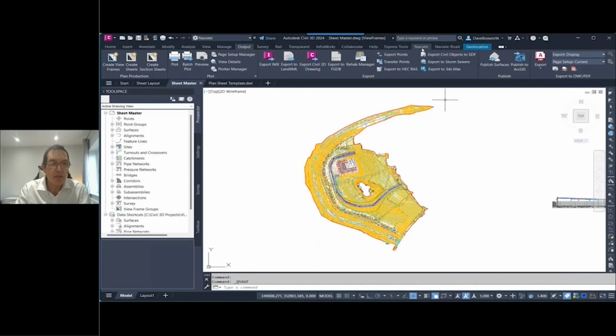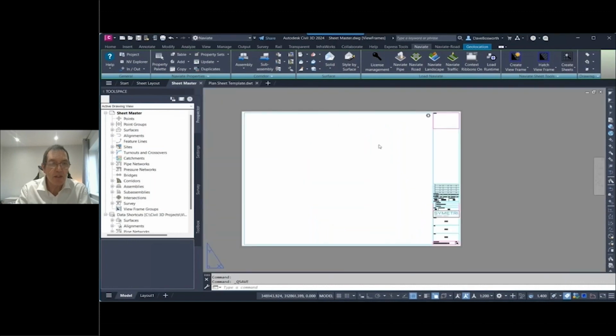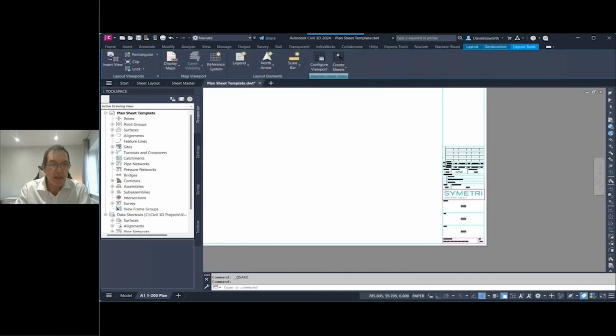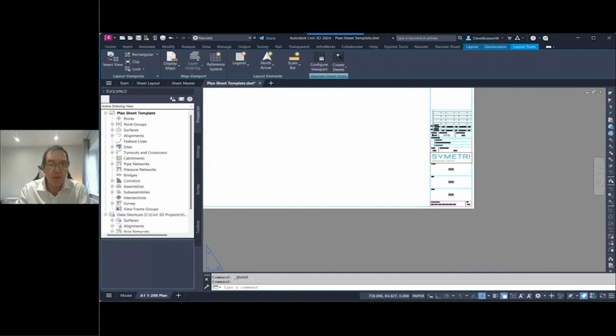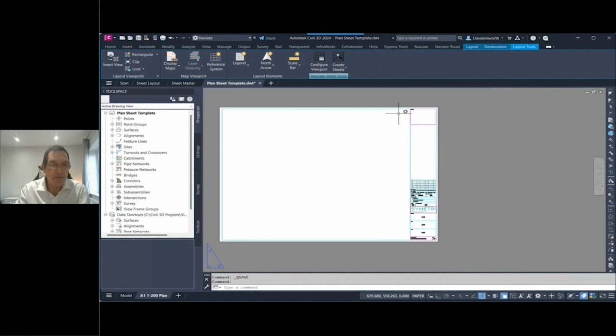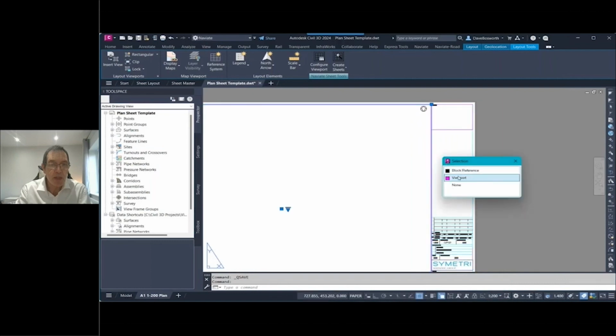Naviate's sheet tools can automate this entire process, and what's more, will enable you to update or regenerate your drawing sheets at any time. The process starts by defining your drawing sheet template. In this example, we've created our drawing frame and title block, and we've added attributes that we can link to SheetSet Manager. We have 2 viewports in this drawing, one for the main plan view,